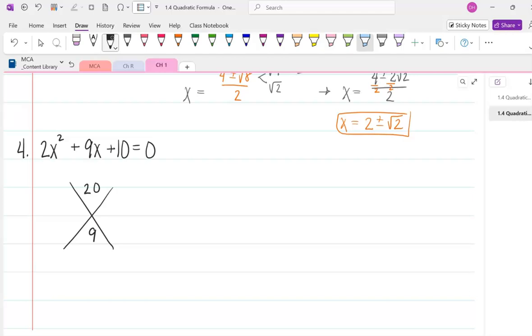If you were to do the quadratic formula, that will also work. So we're going to start with the quadratic formula. So you've got negative b. In this case, b is 9. And you've got plus or minus the square root of b squared minus 4 times a times c